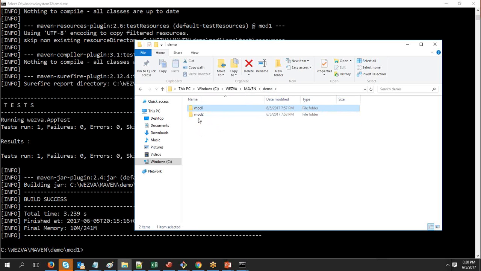So in that pom, we will tell what all the modules are that it has to take care of, and what the build order is that it has to follow, and Maven will automatically take care of the dependencies, and it will try to build everything completely as one project. Okay, so that is one scenario. Now let's see the second scenario,